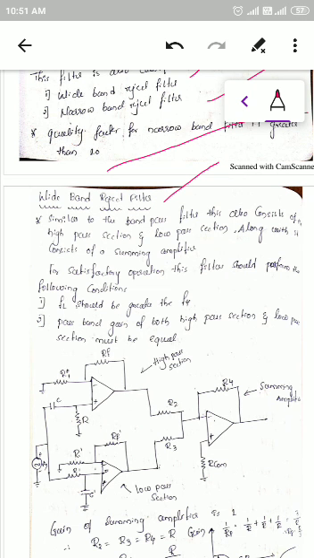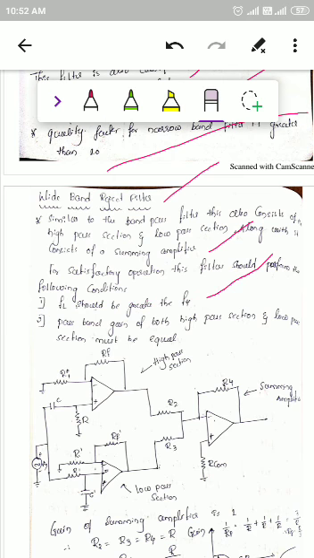Okay, so in the high pass and low pass sections, that is the high pass filter as well as the low pass filter, for the satisfactory and efficient operation of your filter there are some ideal characteristics it should have. The higher cutoff frequency is always greater than the lower cutoff frequency. Here I have written: lower cutoff frequency should always be greater than the higher cutoff frequency.